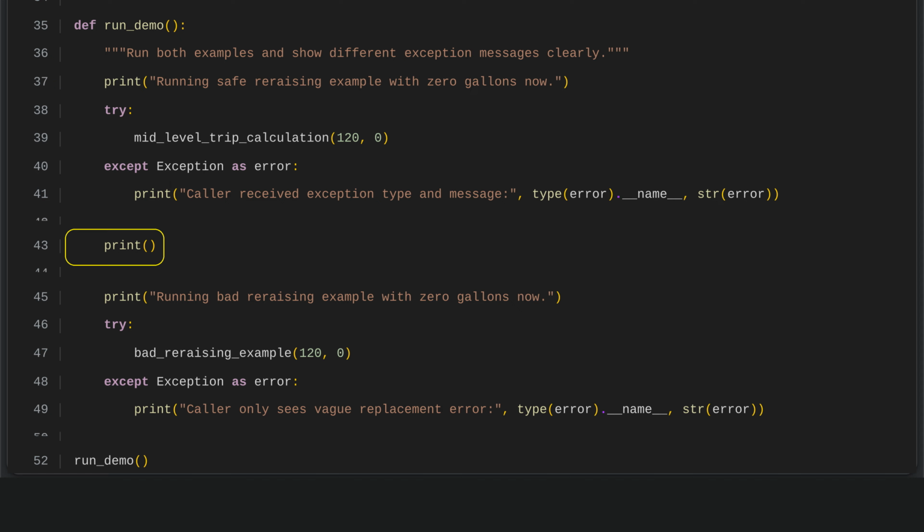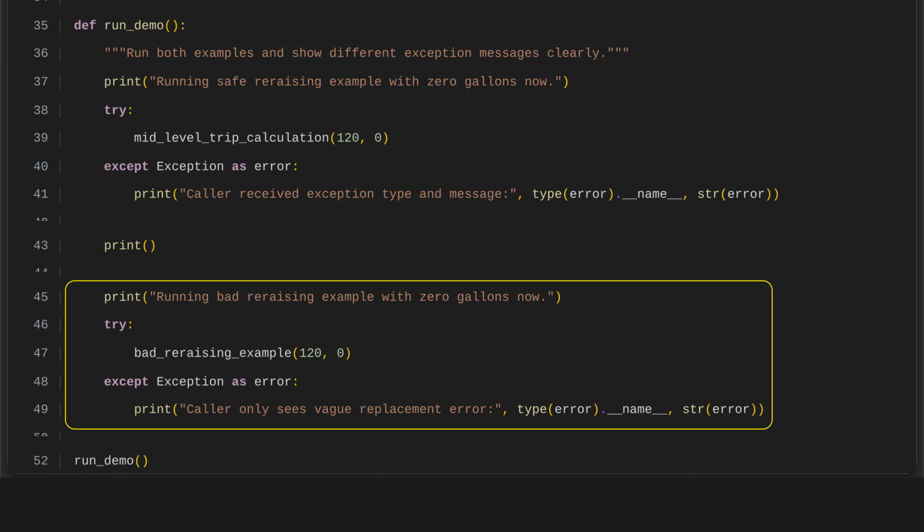In this case, it clearly distinguishes the output from the safe re-raising example and the bad re-raising example. As a result, anyone reviewing the output can more easily see which results belong to which demonstration. In this example, we deliberately run a case with 120 miles and 0 gallons to trigger a division by zero